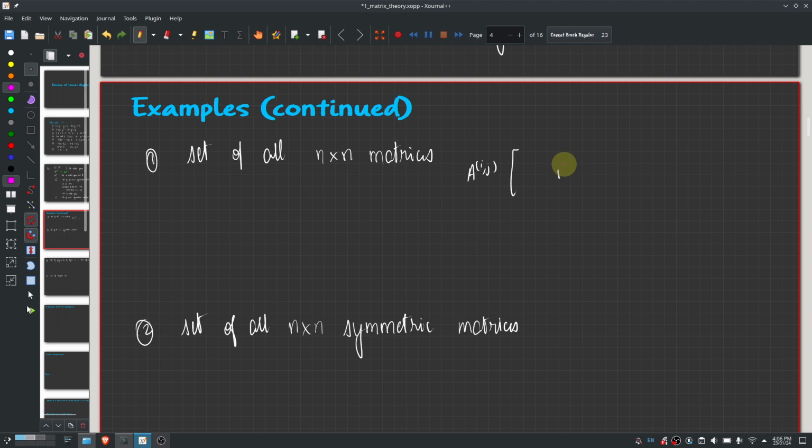So this entry is 1, whereas all the remaining entries are 0. Using these matrices Aij, you can generate any n by n matrix just by taking a linear combination